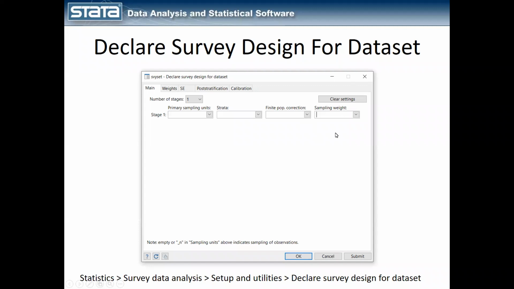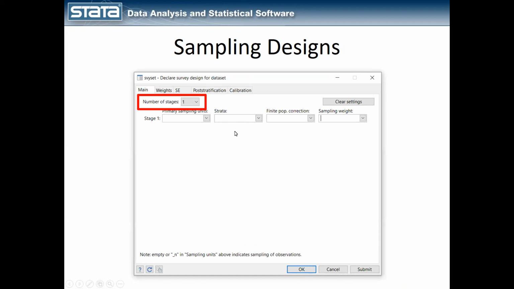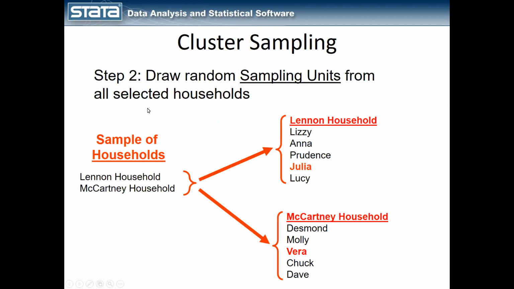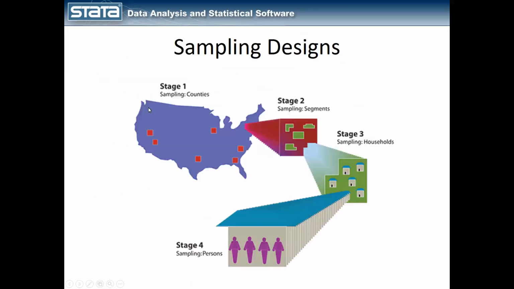Many of you are probably familiar with these terms and what they mean, but for those of you who aren't, we're going to go through and explain these, and for everyone else, it'll be reviewed. So the first thing here at the top are the number of sampling stages. What do we mean by that? I'm going to skip through a bunch of slides here because I have removed these up to here. So what do we mean by